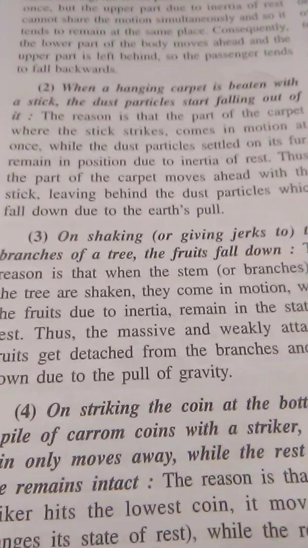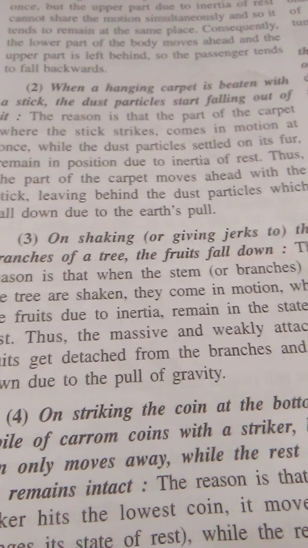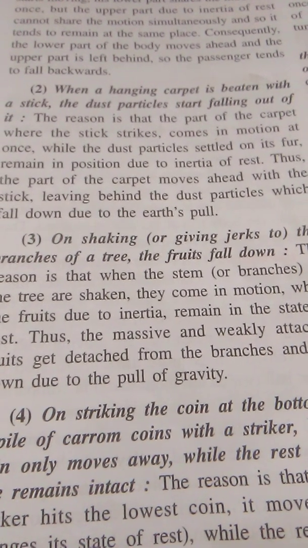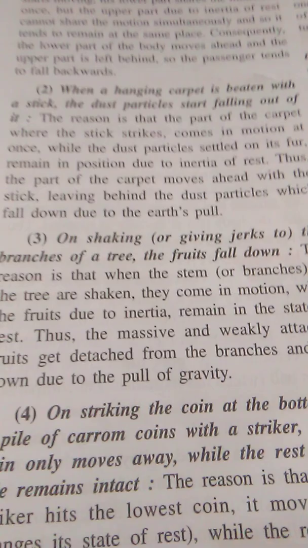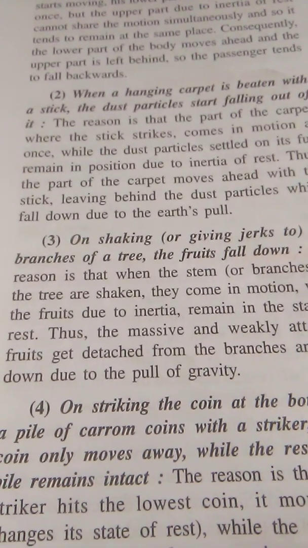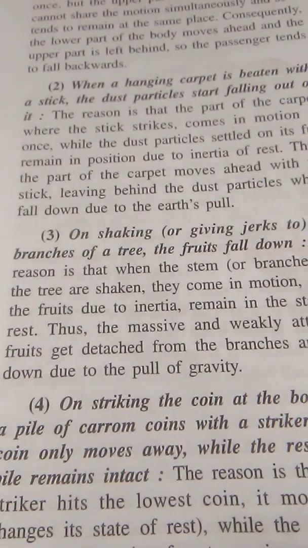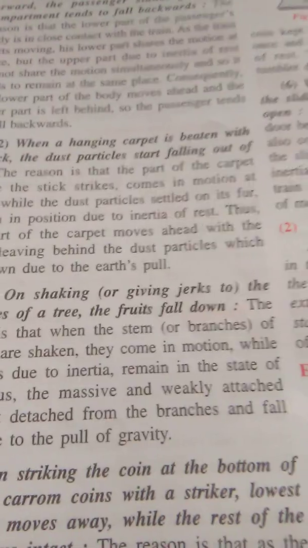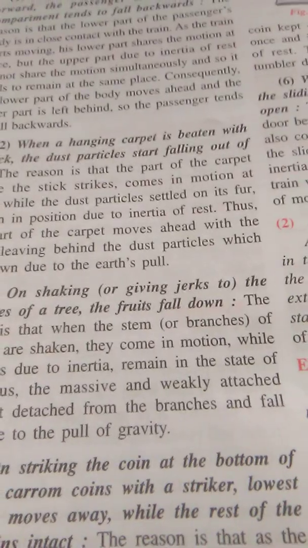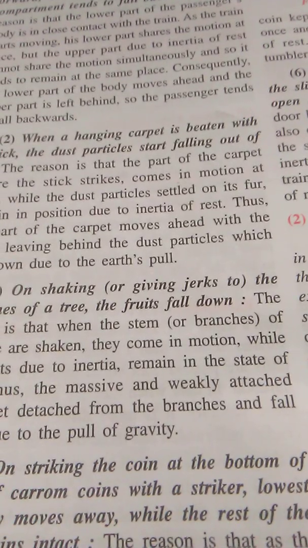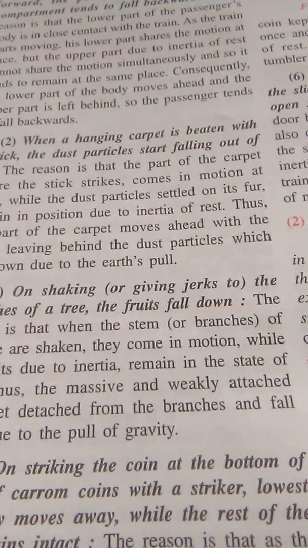The second consequence is, when a hanging carpet is beaten with a stick, the dust particles start falling out. The reason is that when we start beating the carpet, then what happens? The carpet comes into motion, but the dust particles remain in the condition of rest, and due to the force of gravity, they start